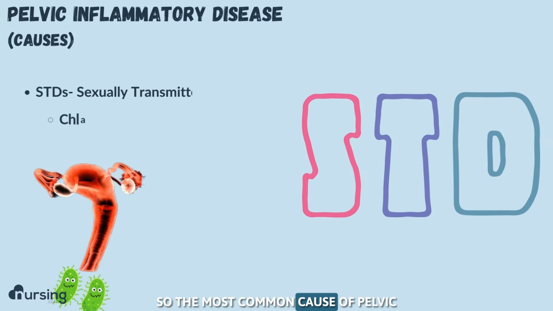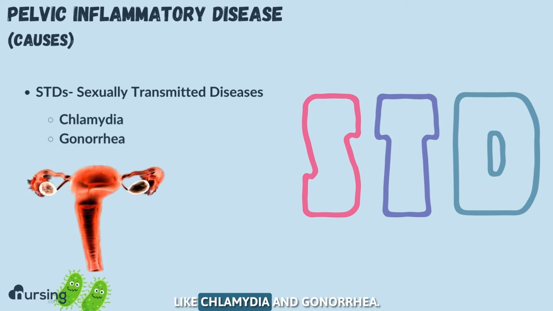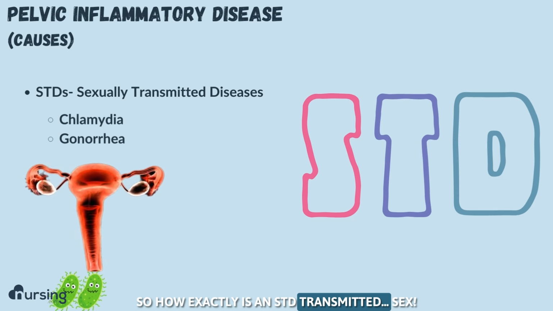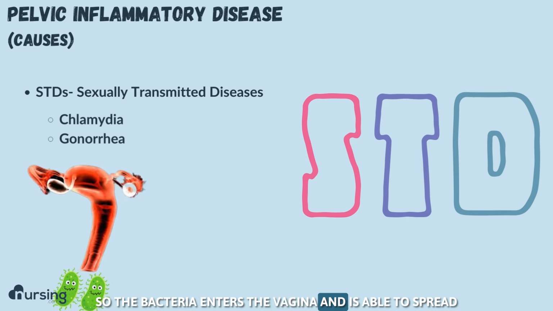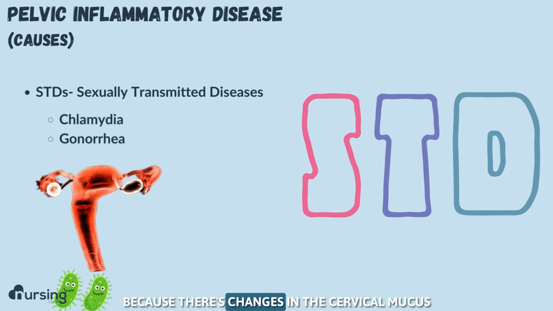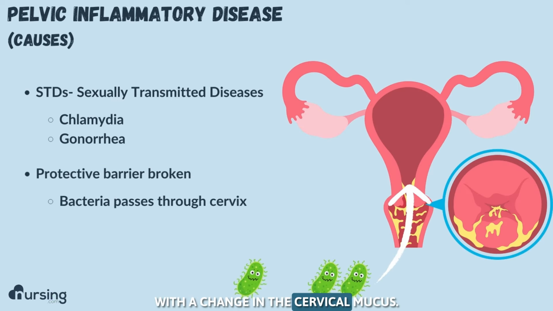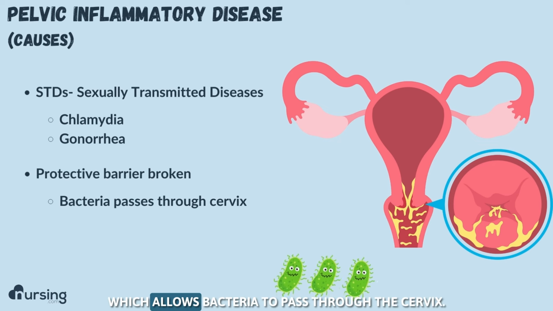So the most common cause of pelvic inflammatory disease is STDs, like chlamydia and gonorrhea. So how exactly is an STD transmitted? Sex. So the bacteria enters the vagina and is able to spread because there's changes in the cervical mucus or the vaginal flora. With a change in the cervical mucus, the protective barrier is basically broken, which allows bacteria to